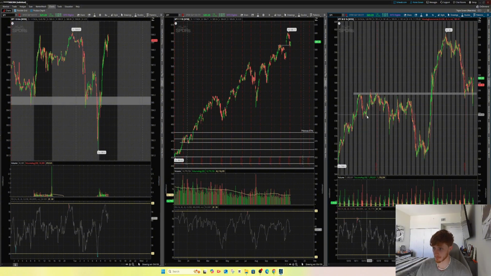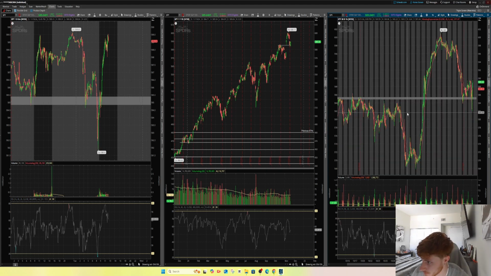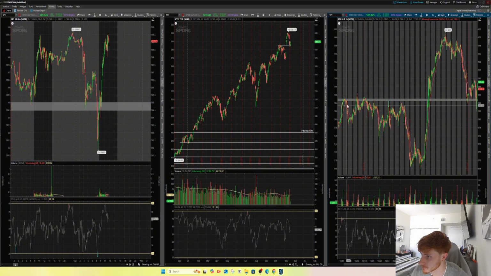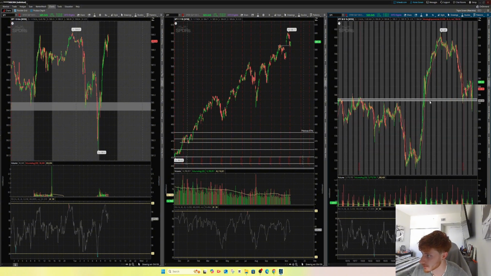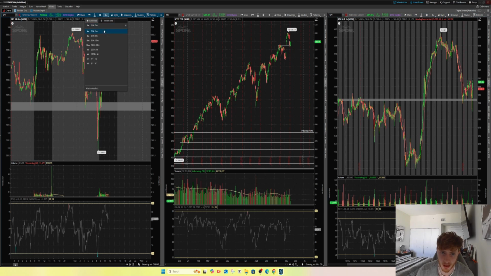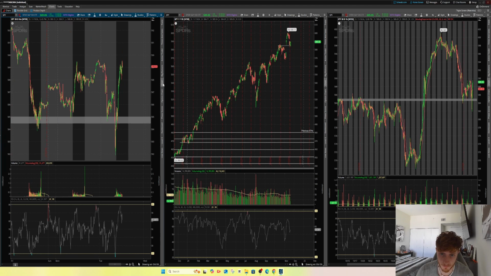Anywhere you get big imbalance moves, or you get areas that get used as supply, flipped into demand. In this case, I like to see those areas get tested, and I like to use those as my zones. So maybe adjust this down a little bit just to match some of those wicks there. But again, you can see, I get my general idea from the hourly, and once I have that, what I'll then do, I'll tighten this down to something like the 5 minute or the 1 minute,